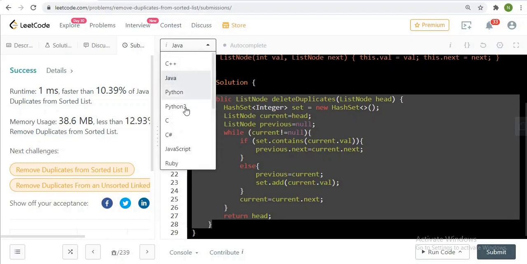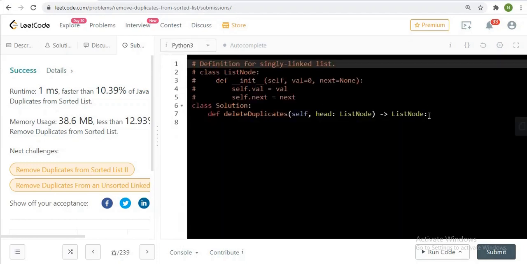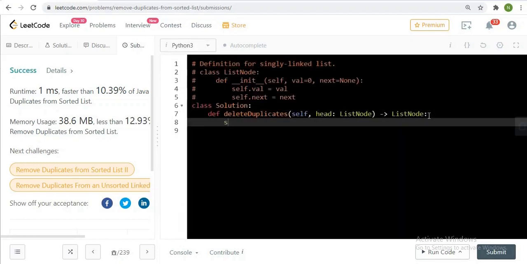Now let's move ahead to the Python one. Similar approach will be here. In this, set is s. Let me change the name.